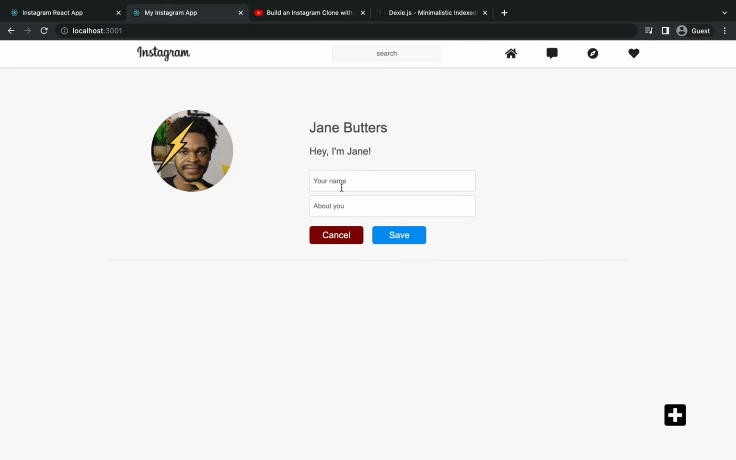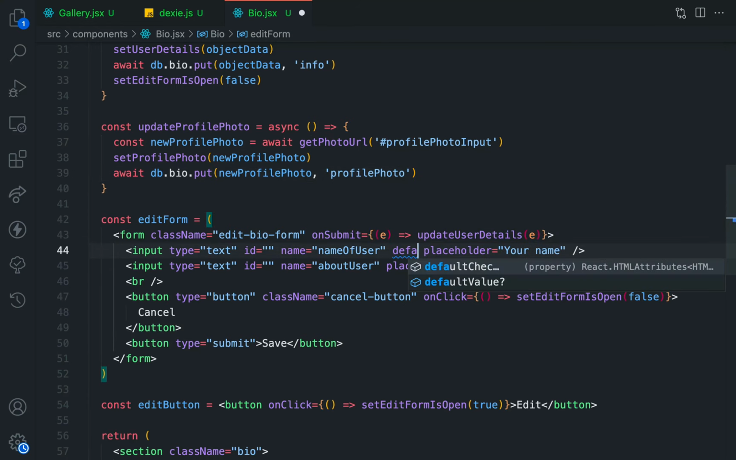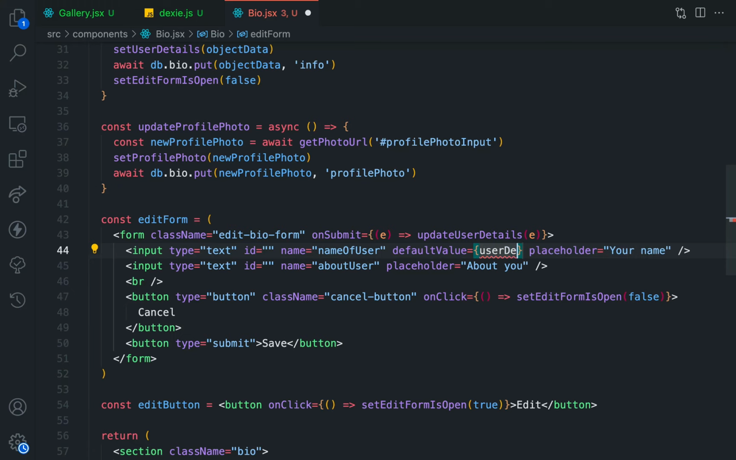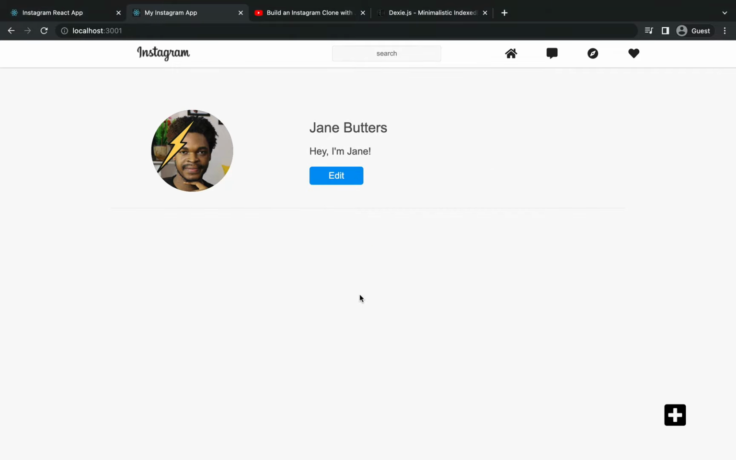For our bio edit button, we want default values for name and about. So let's go back to our code base, and inside of the edit form, we have defaultValue right here for the first input, and that's going to be userDetails.name. And we also want to do the same thing for the about input. So userDetails.about, so that when we come back to a browser, hit the cancel button, reload that